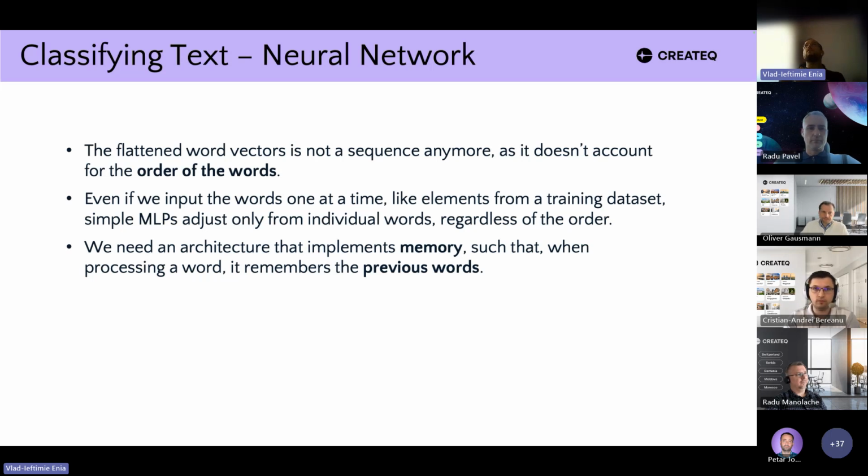Now, the problem with this approach is, first, we flatten the word embeddings, so it is not a sequence anymore. We do not have an order of words anymore, or if we keep the order, it still doesn't count, because the neural network will just process each word individually and cannot really capture the meaning behind words. Even though the embeddings have that meaning, the network doesn't capture that, because it takes each word individually and processes it. And whatever the order we give, we will have the same result. So we want a network that can implement some kind of memory, such that it remembers previous words and then it processes the current word based on what we have